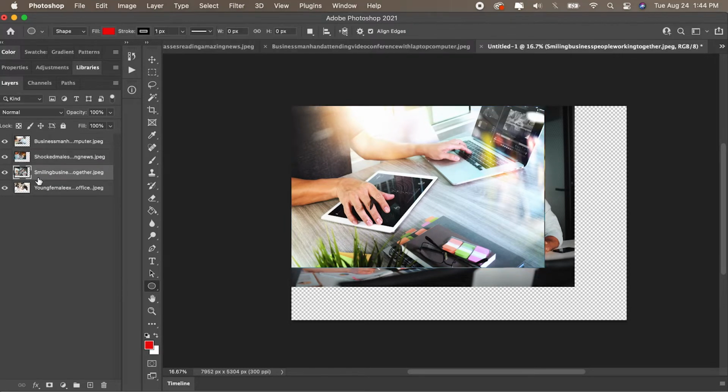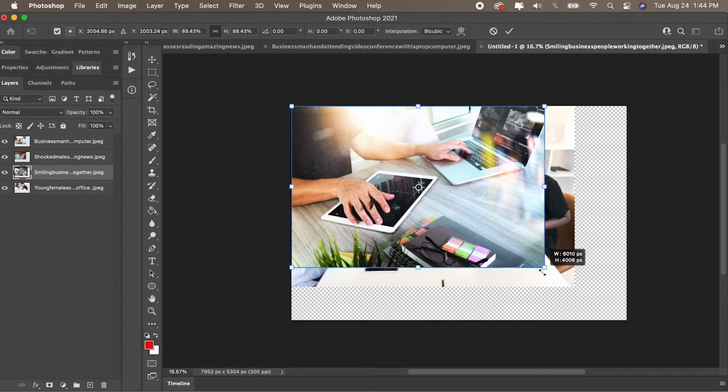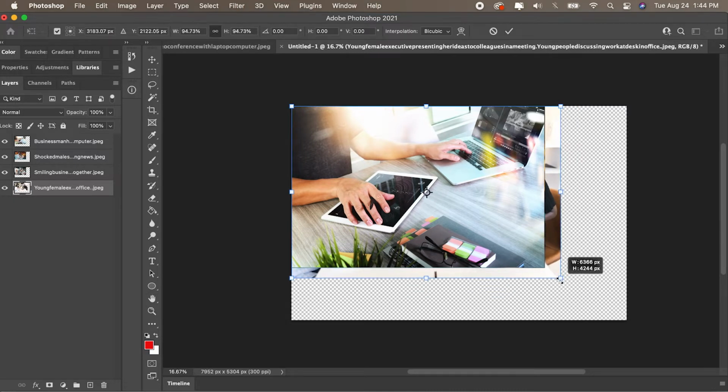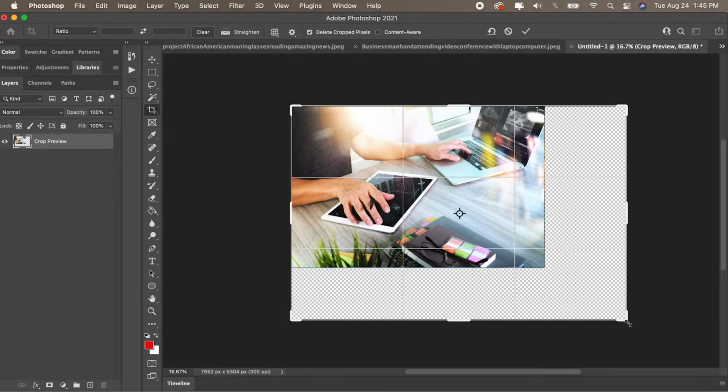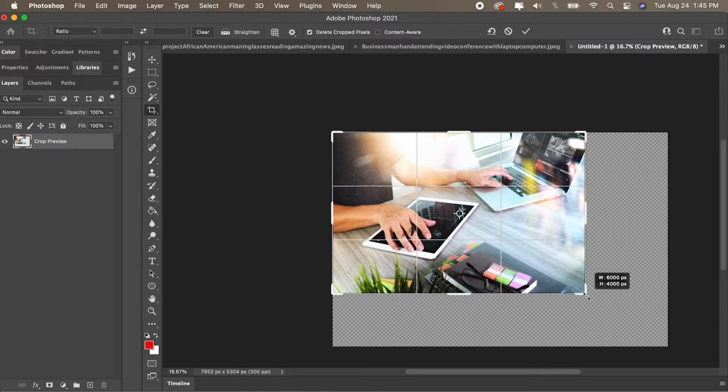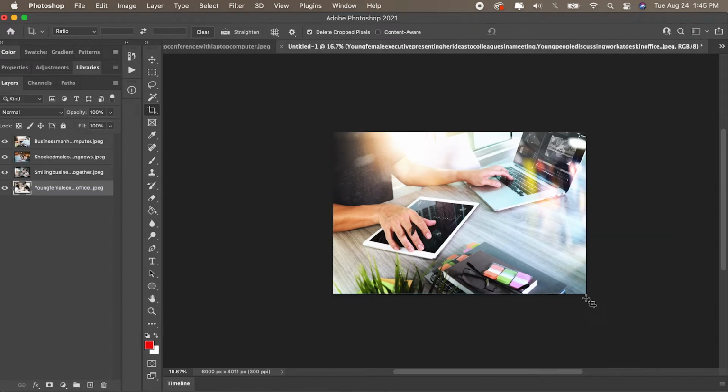And I'll click on this third one here, Command T to transform, to scale that up, and press Enter. And the last one, Command T to transform, to scale up, and I'll press Enter. And now I can just press this crop tool and drag the crop in so it fits around my images. Great. Now I have all of my images sized to the exact same size, and if I wanted to, I